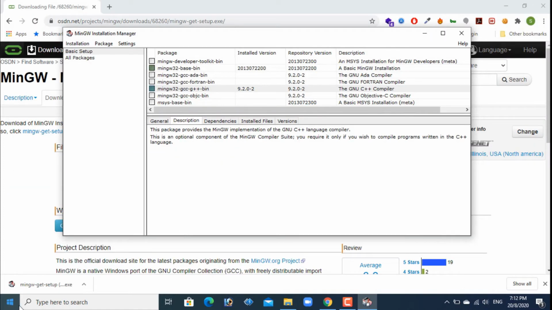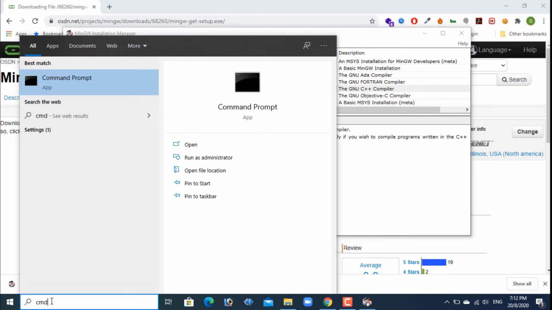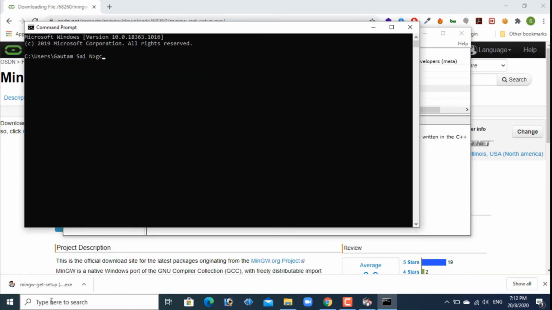Now let's go to the command prompt, cmd, and type GCC. We can see I installed the GCC compiler, but still it is saying that it is not recognized as an internal or external command. This is because once we install any software, we should inform the path of the software through the environment variables so that we can work with the software from anywhere in our system.